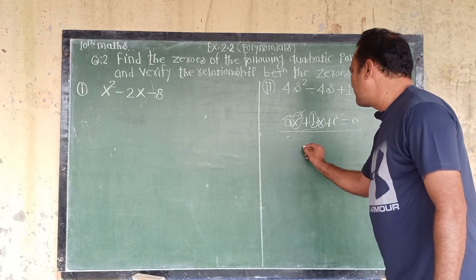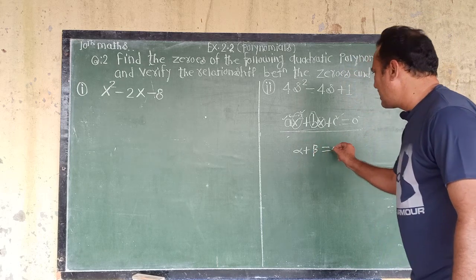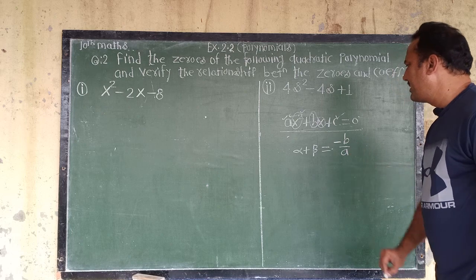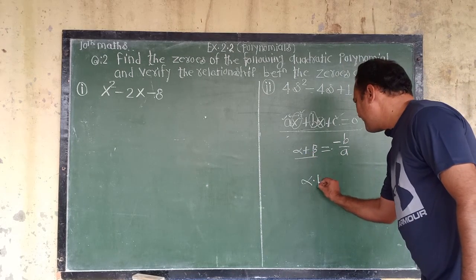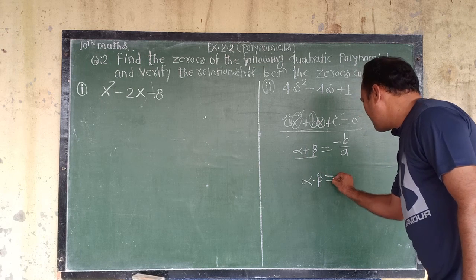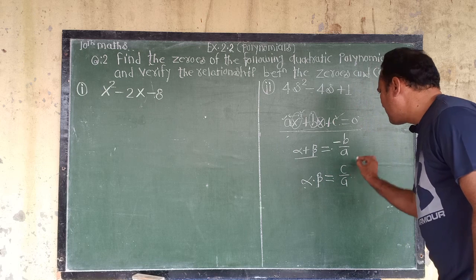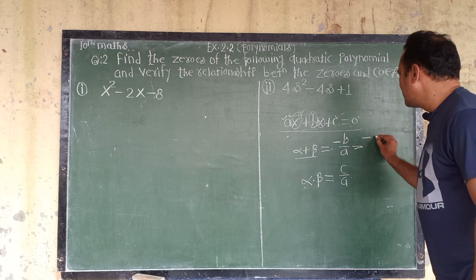The sum of the zeros, alpha plus beta, we always denote in the form of minus b by a, and the product of the zeros